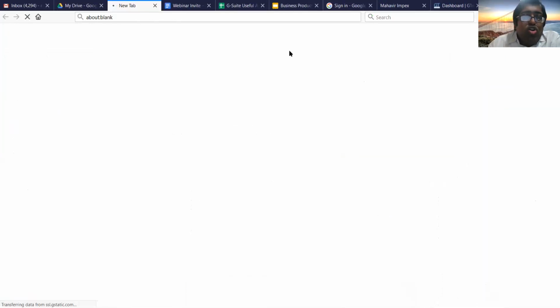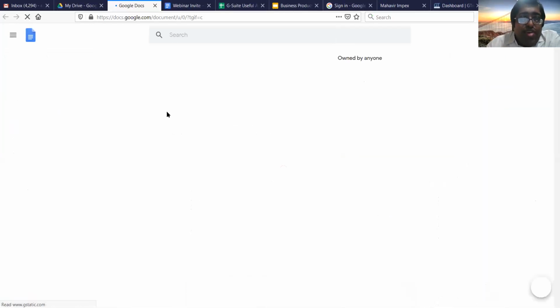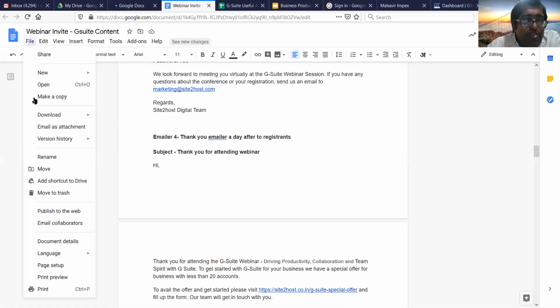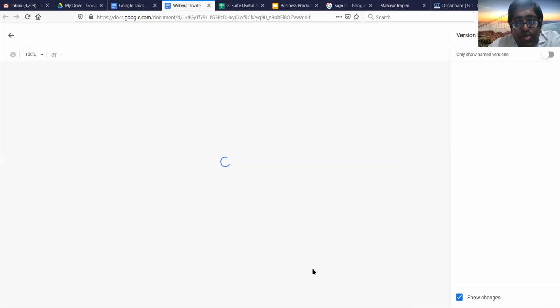So we have Google Docs. I'm not getting into Google Docs because we very well know what Google Docs is all about. I already have this window in front of me. One particular feature that I want to talk about in Google Docs or Google Sheets or Google Slides for that matter is a very fantastic feature called version control. You can see that when I go to the file menu, I've got something called version history out over here. Now what that means basically for me is that I can